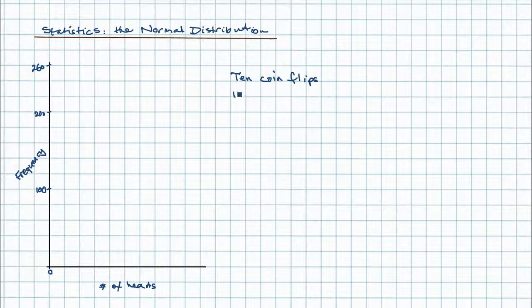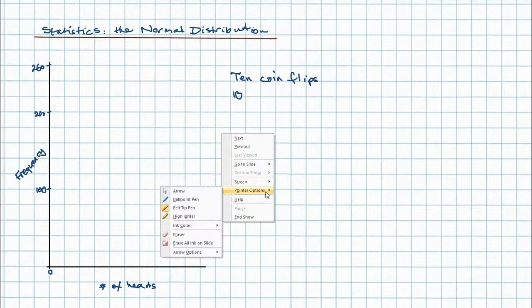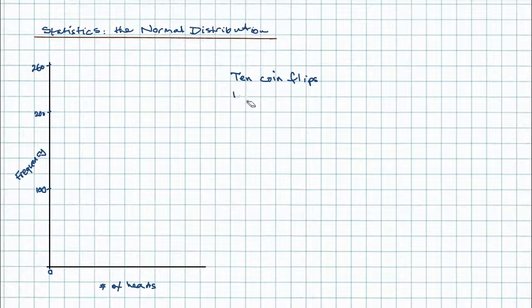Whoops, let's make that a bit clearer. So 10 events, out of which we get no heads. So 10, we say choose 0. 10 choose 0, you can use your calculator, or you can use the formula. If we use the formula,